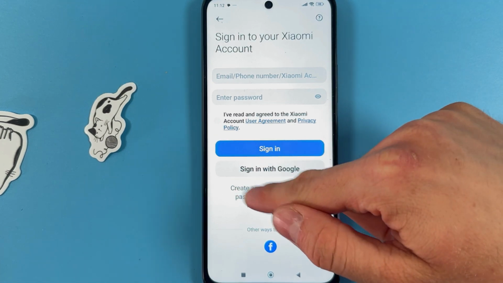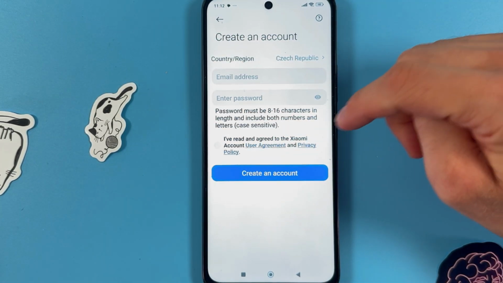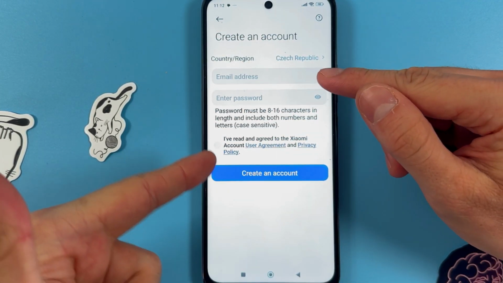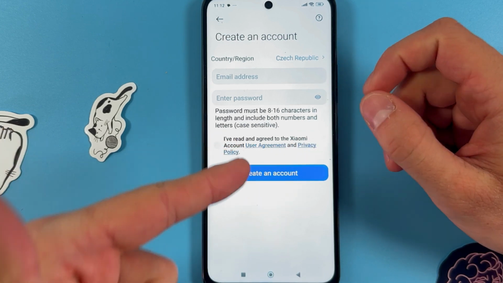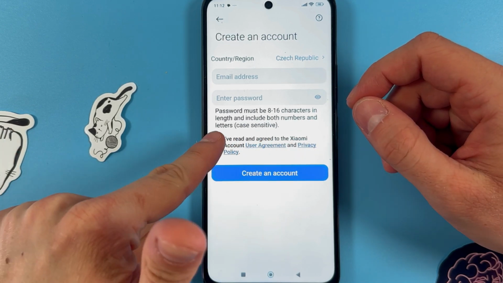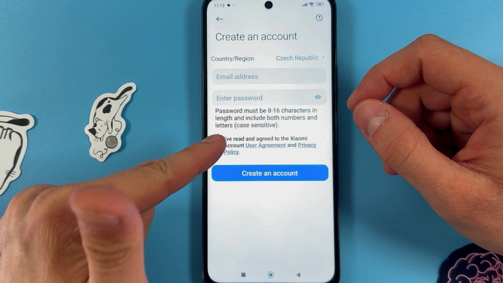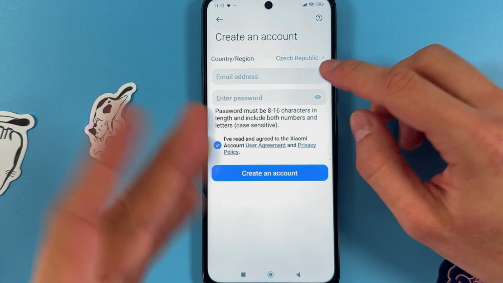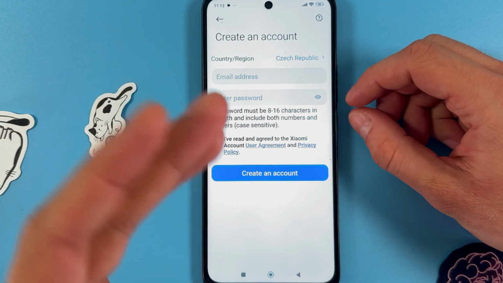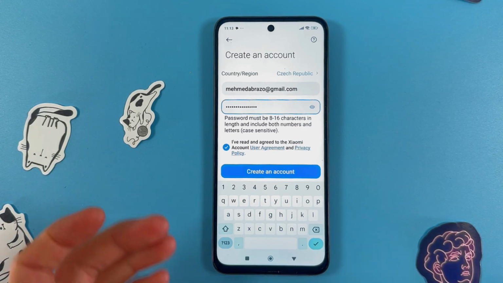Now you are to choose create an account if you don't have one yet, of course. So first of all, you are to read and agree to the Xiaomi account user agreement and privacy policy. So go through them and press agree. Now you're to enter your email and to create your password. Alright, so after